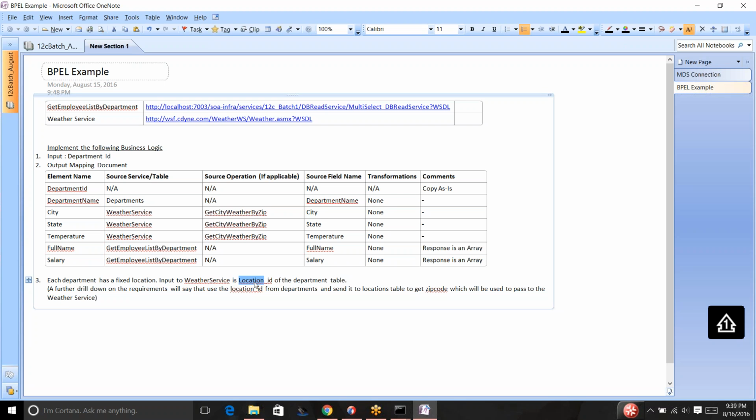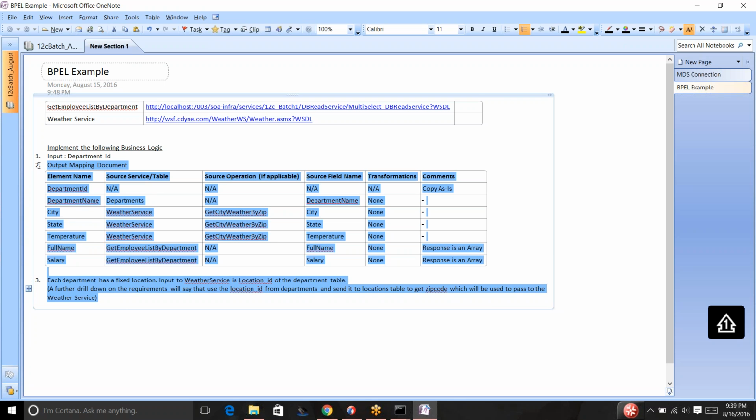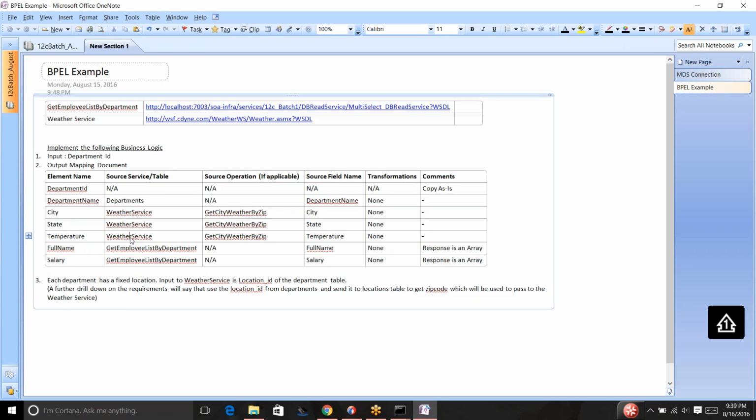You get that location ID and check the locations table, from where you get the zip code. Then you can pass the zip code to the weather service to get all the details you want. So this is how a typical user requirement would be, and